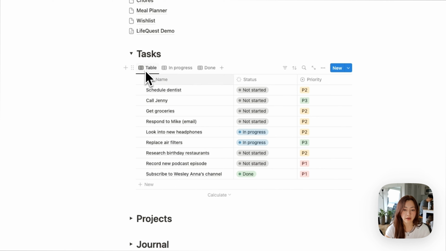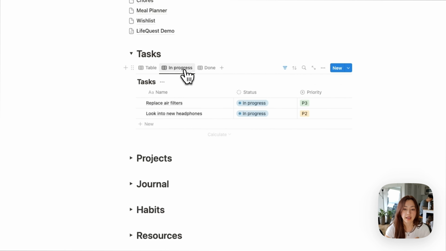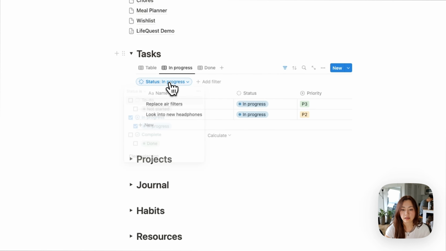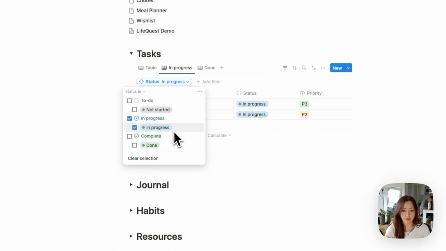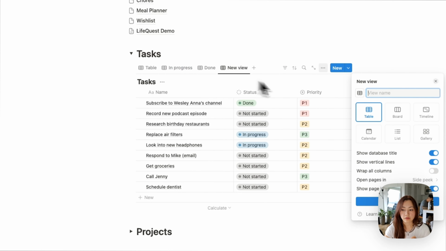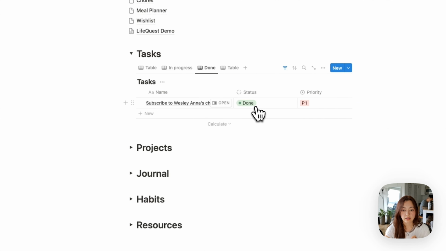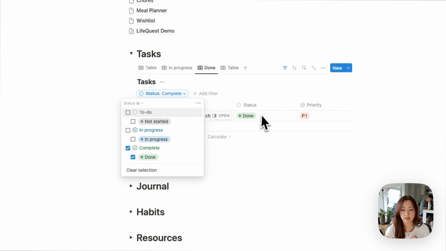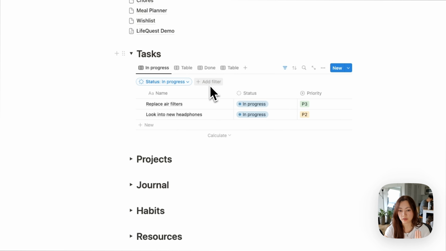So right now we have the default table that shows all of the tasks in the database. And I've created another tab here that is In Progress, and we can hide this as well. And this is filtered by only tasks that are in progress. And then we can create other views here. Go to Done. This is also filtered by complete. And let's say this dashboard, I just want a snapshot of the most critical things I need to worry about